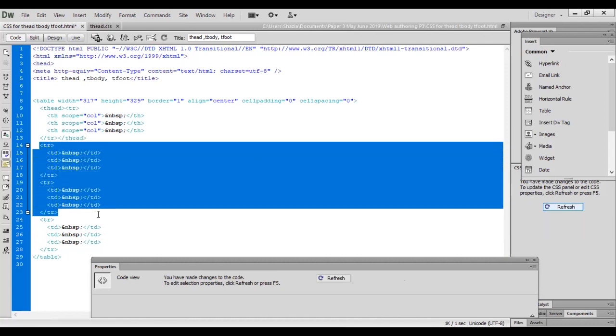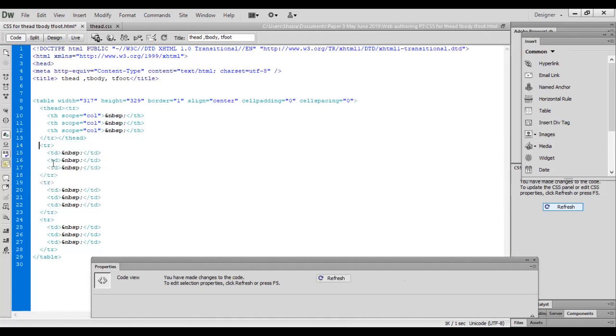Next row, this section I am going to define as T body. So open the tag for T body, and close this tag here. I have closed it, and the last row is about T foot, with an opening tag and closing tag.